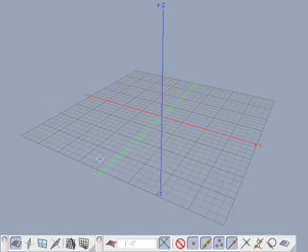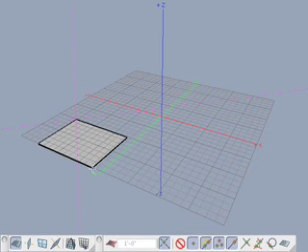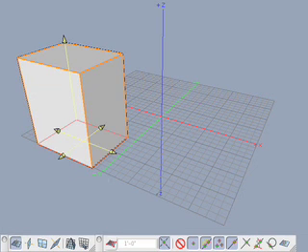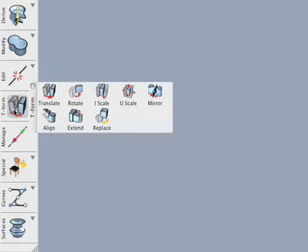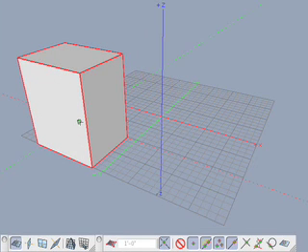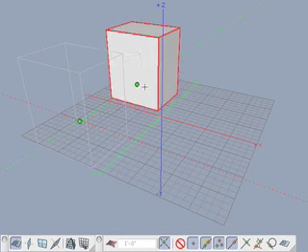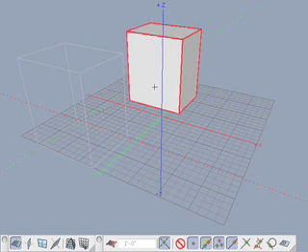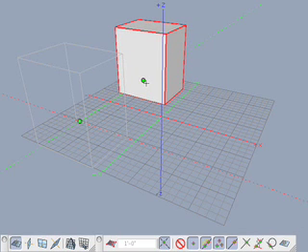You can lock the cursor to a temporary or permanent guide by holding the Shift key down. To demonstrate this, create a box. Select the Move tool, click on the object, then begin to move the mouse. As you move the object, position the cursor over a snap guide and the cursor snaps to the guide as